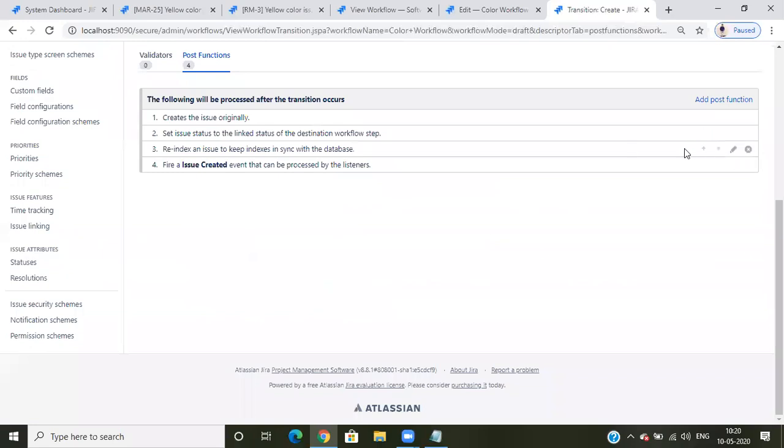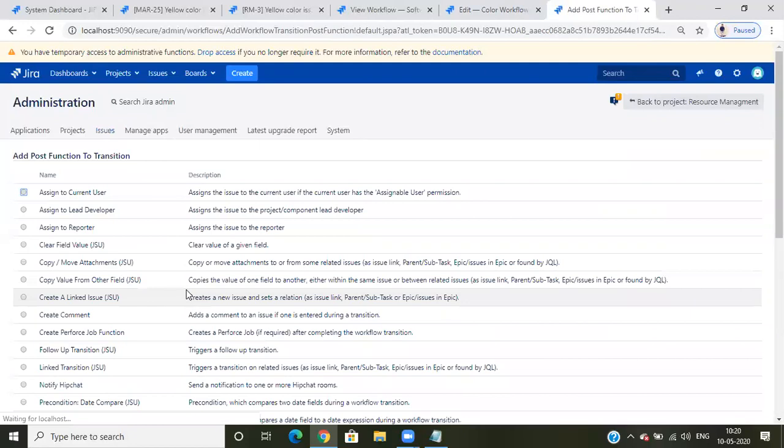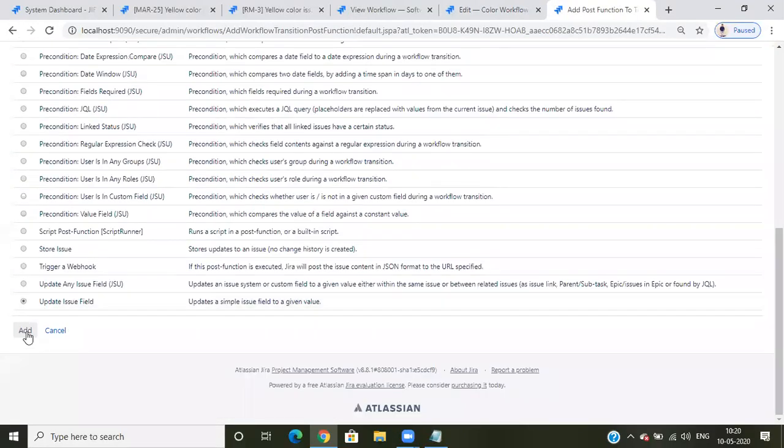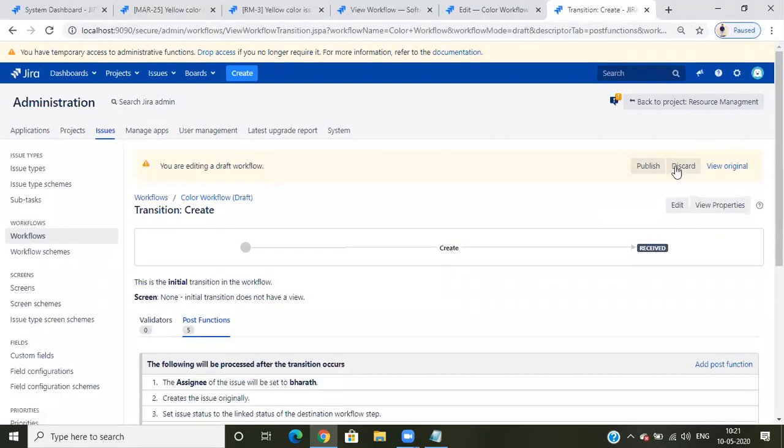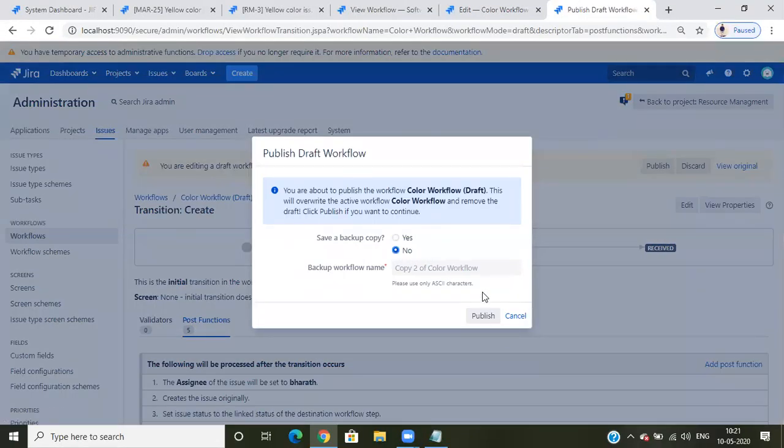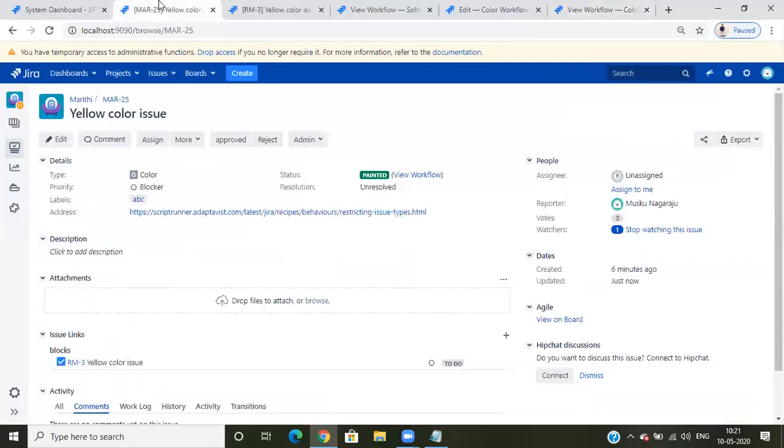This is within Jira one. So my requirement is, sorry, assigning. So I'll select some person's name directly here. So here we have options automatic and unassigned, automatic, or this. I'll select some Bharat name. So when I create a ticket, this ticket is always assigned to Bharat. So if I create a new ticket, this is assigned to Bharat. See here.